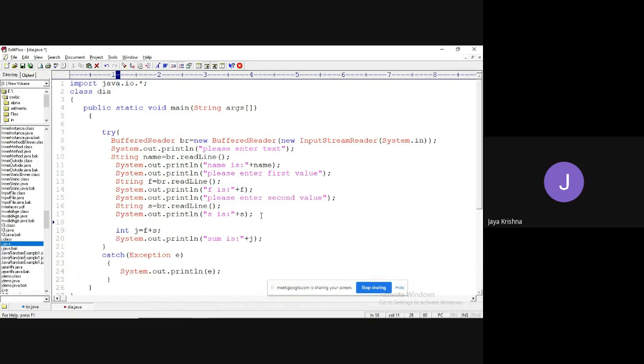Integer format, because the user is trying to give an integer value, but internally, because of using the readLine method, it is converted into string format. So again we need explicit conversion.